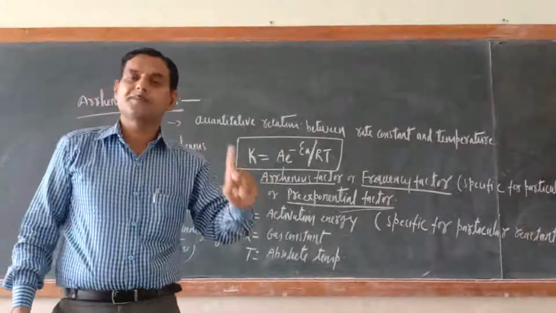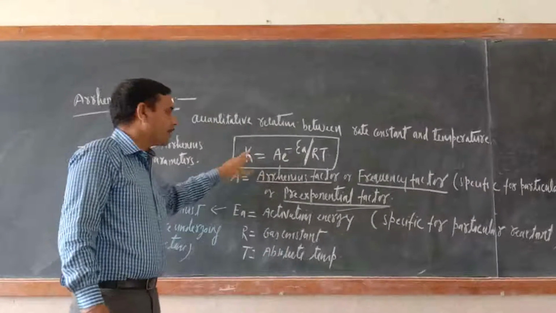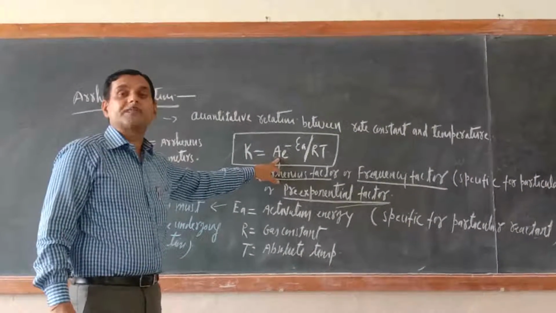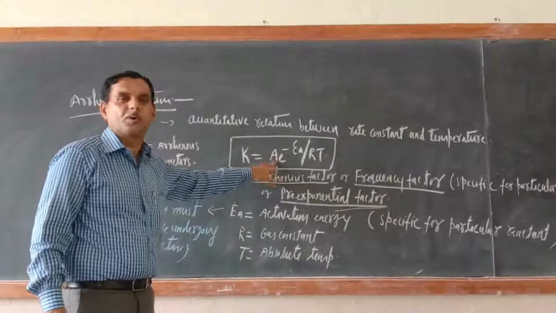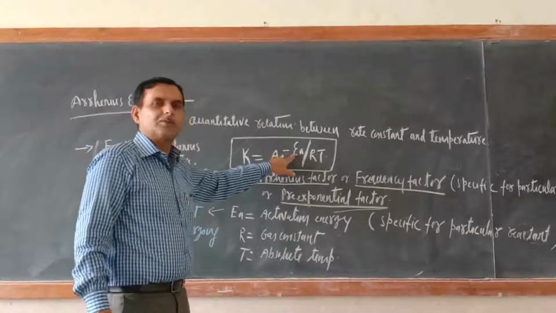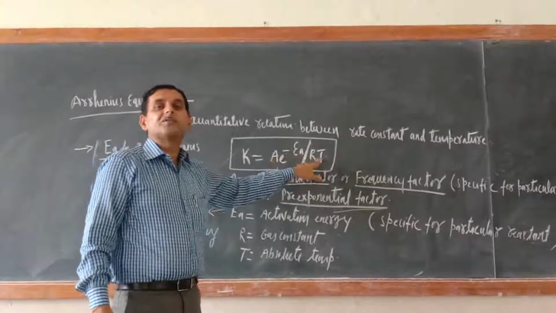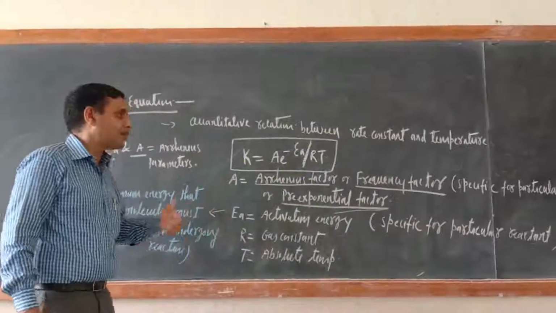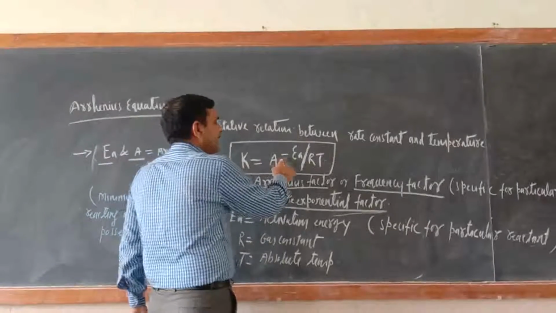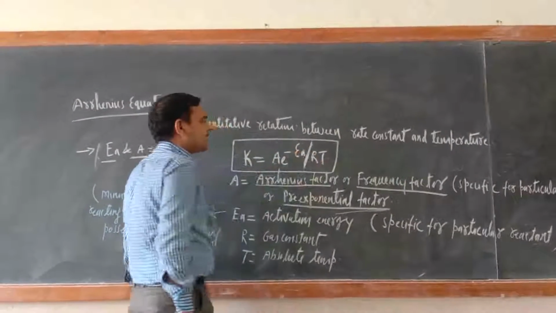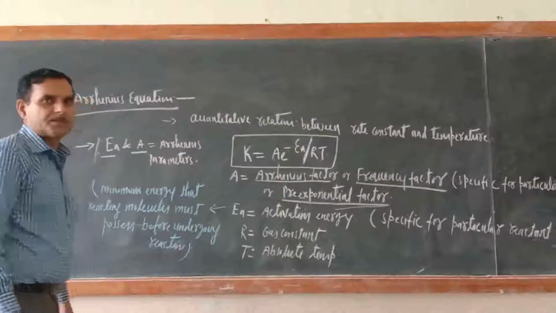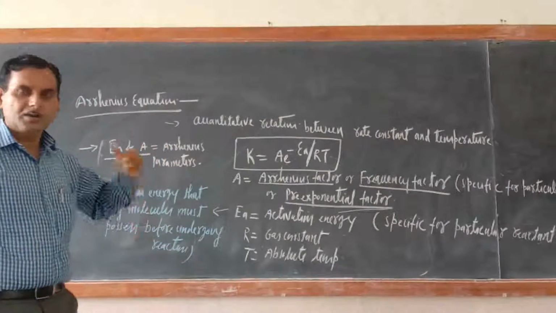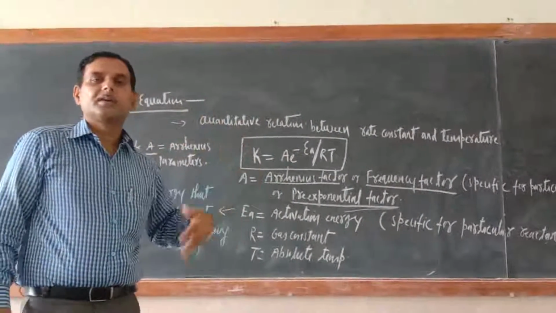So always remember, the K value will be more when A is more. Means frequency factor should be more. Frequency factor means collision frequency should be more. Activation energy value should be less and temperature value should be more, because it is e raised to the power minus Ea by RT. So in this way, this is the equation. Now the another form